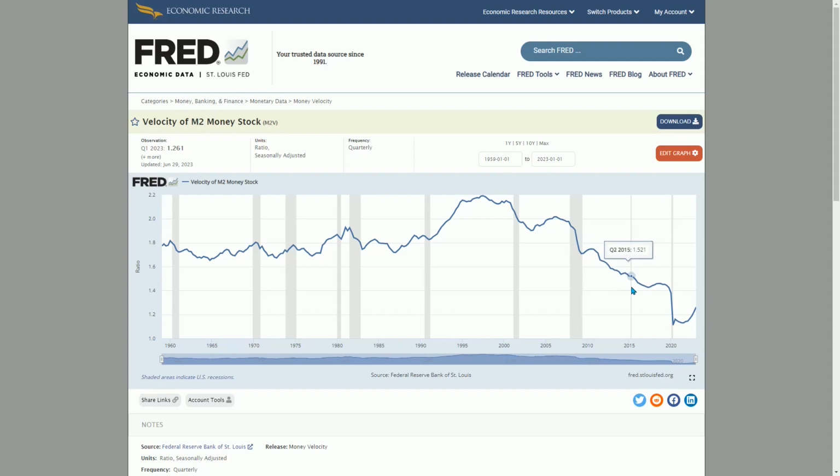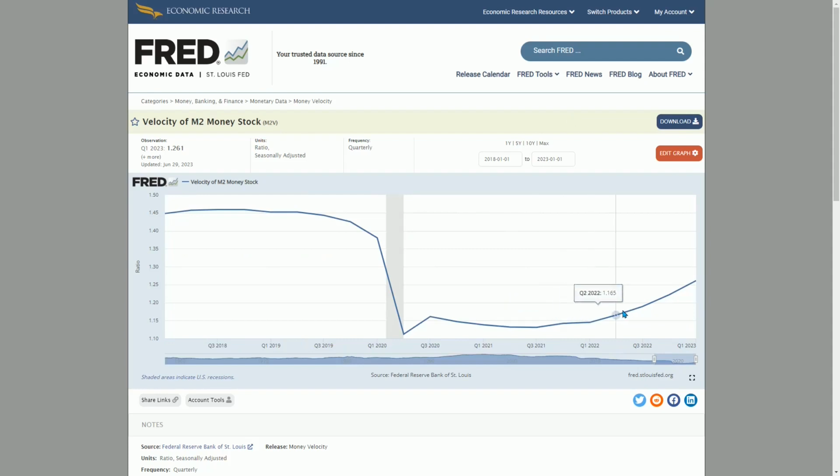But as you see here, because of the nature of their money printing, this velocity of money measurement has fallen a lot. And with the unusually high amount of money printing due to the COVID-19 crisis, it fell even more. And it did not rise for a while. It's only starting to rise now, partly because of some deprinting and partly because of the huge printing done here finally circulating.